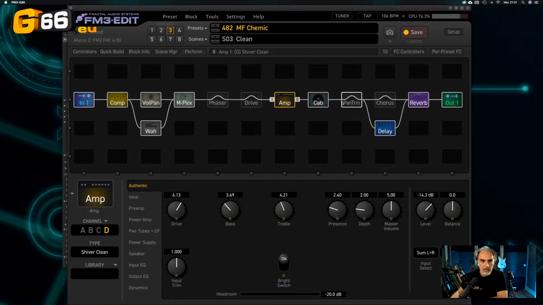Then you have the ambient effects. To me, ambient means delay, reverb, and also chorus. I prefer the chorus after the cabinet because I like to use the stereo effect of the chorus. And there is also a pan tremolo,